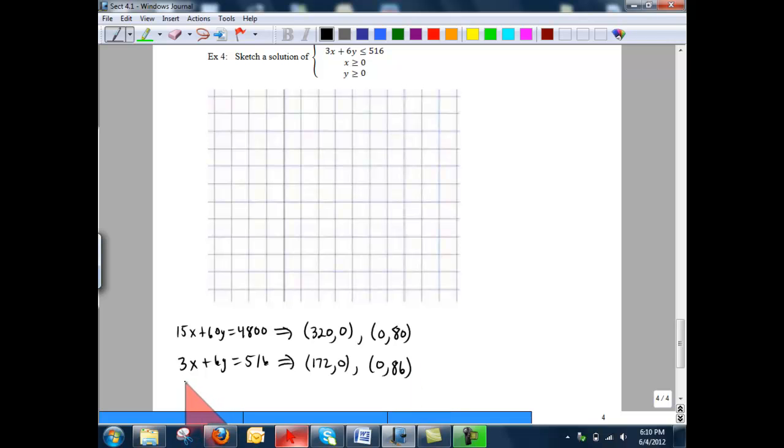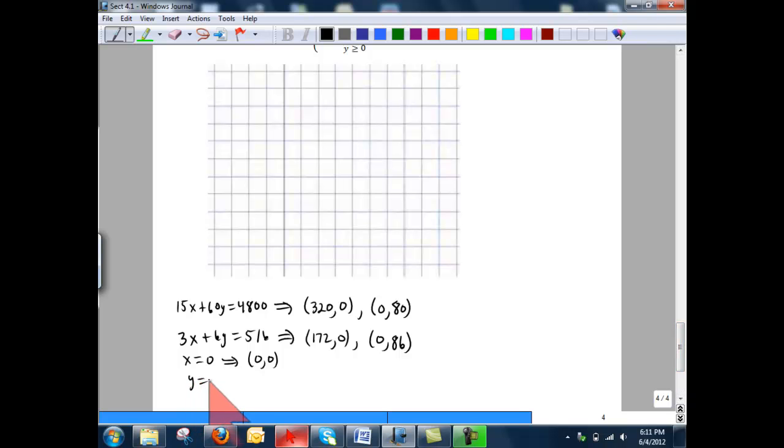The third equation is just x equals 0, and so this tells us that we're just dealing actually with the y-axis here. In particular, 0, 0 is both the x and the y-intercept. This line goes through the origin, as does the graph of the line y equals 0, which is the x-axis. So I want to be able to graph these 6 points, or actually 5 points, these 2 are the same, on one graph. I notice that all of the numbers involved are non-negative, so let's